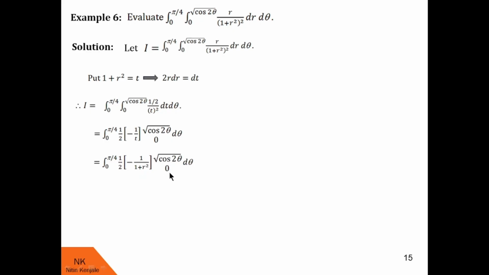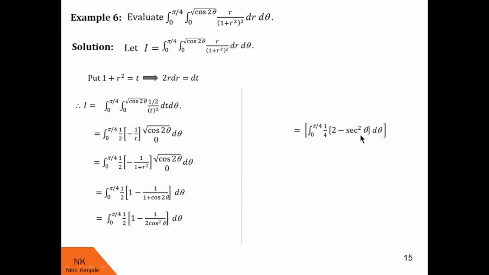Now let us substitute these limits in r. When we substitute this upper limit under root cos 2 theta in r, we will have minus 1 by 1 plus cos 2 theta. And when we substitute 0 in r, we will have minus of minus 1, that is plus 1. So after rearrangement, we will have 1 minus 1 upon 1 plus cos 2 theta. This 1 plus cos 2 theta can be written as 2 cos square theta. Now let us cross multiply this 2 and take it out. So we have 2 minus 1 upon